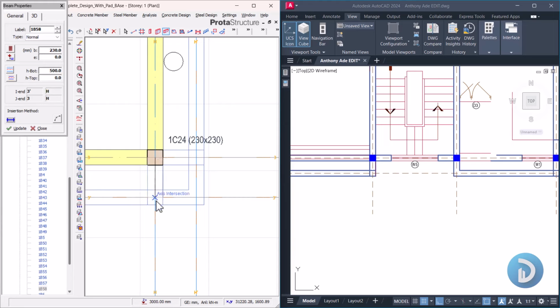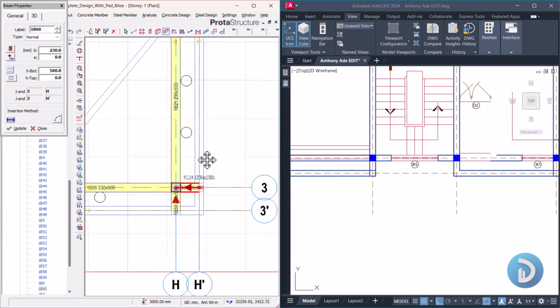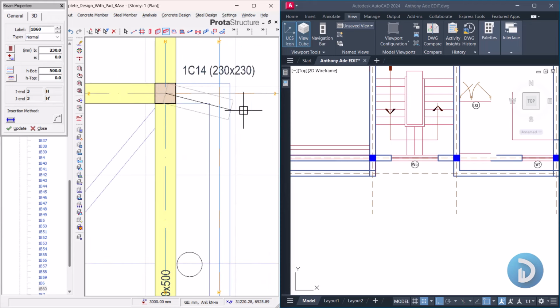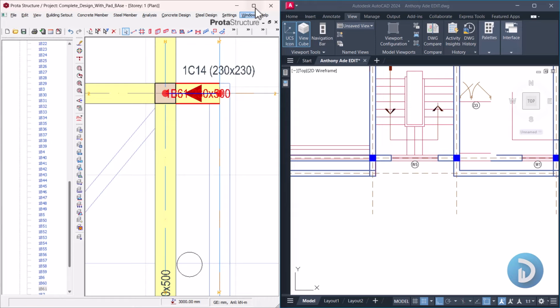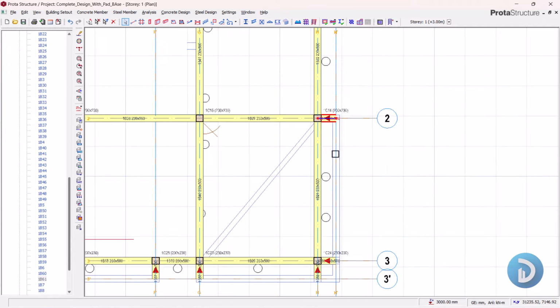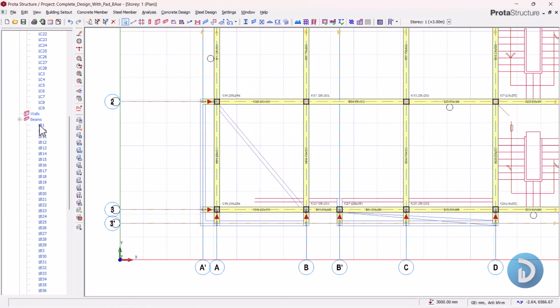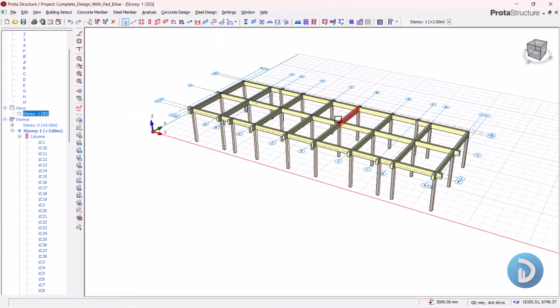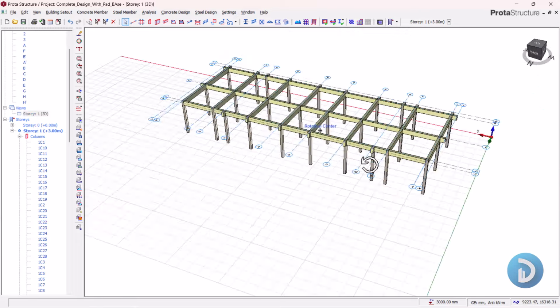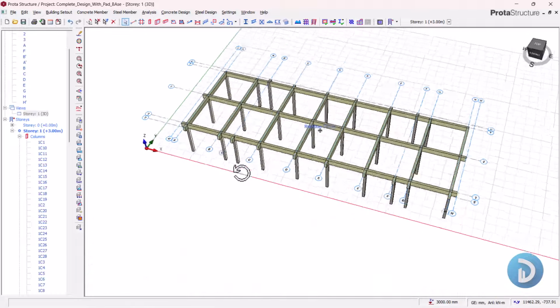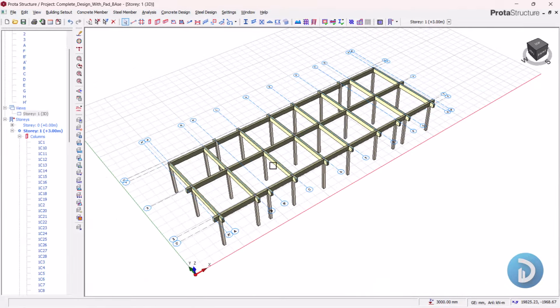Then we'll distribute to here from the column. We'll also distribute to here. And we should be having the last one at this edge. Okay. So let's come and close this up. Maximize this. And let's take a look at what we've been able to model. Okay. So this is what we've been able to model, and this is what we accept our first